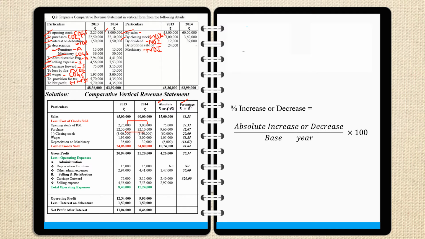Then again cost of goods sold has an increment, from 24,06,000 it increased to 34,80,000. So that is equal to 10,74,000. There is an increment of 10,74,000. And if we look at it percentage-wise, how much has it increased? So 10,74,000 divided by 24,06,000, so that is equal to